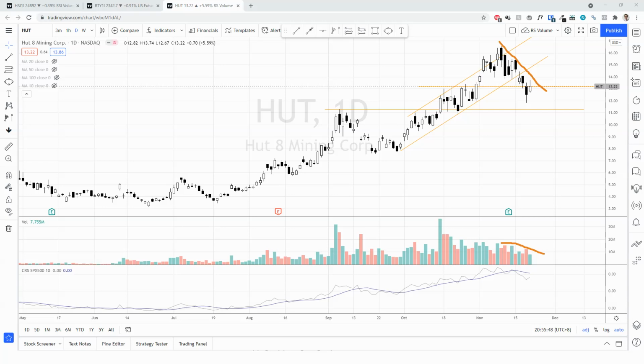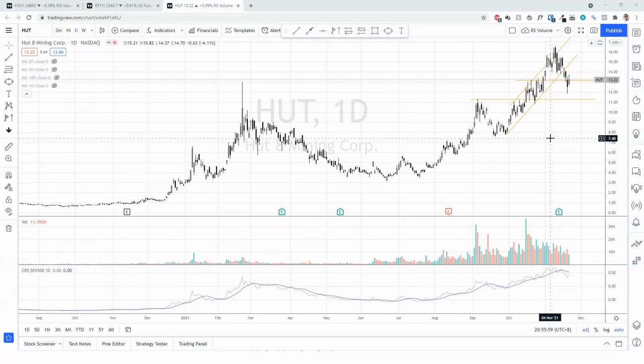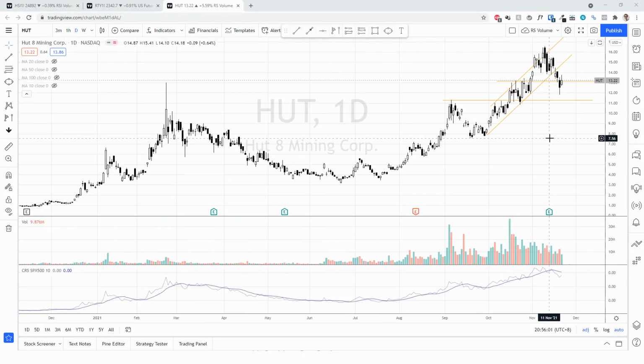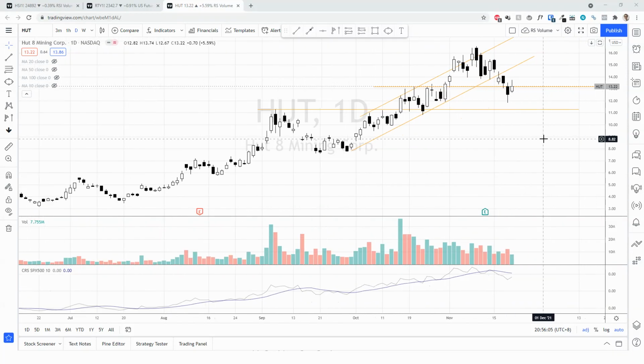So this is in general a healthy sign. And because this stock is closely related to how Bitcoin will move, we definitely need to track Bitcoin. So not only just to look at the individual stocks, but Bitcoin as well. So overall, I really would like to see maybe another test or a commitment above. So that would be something that I'm looking at.